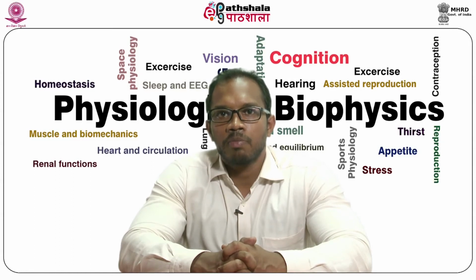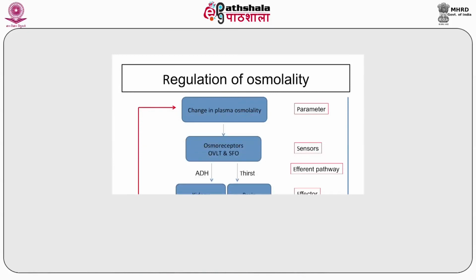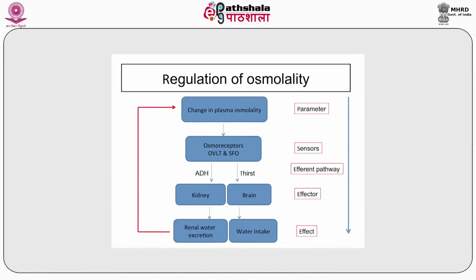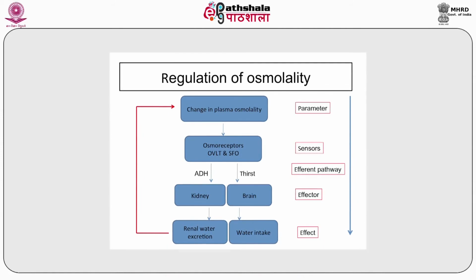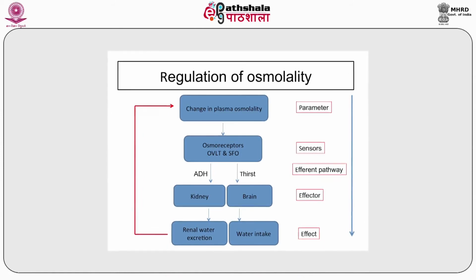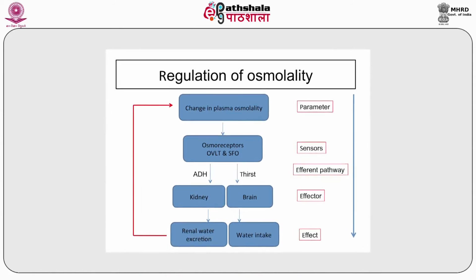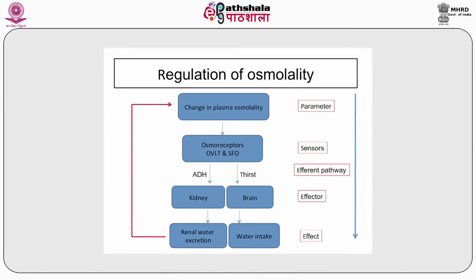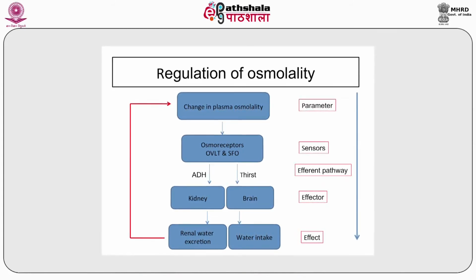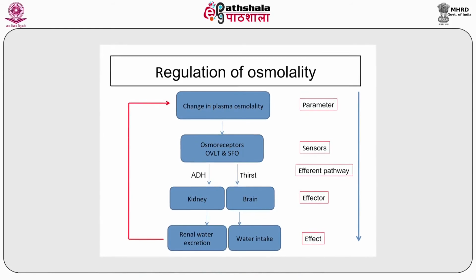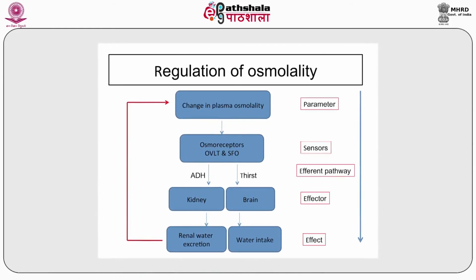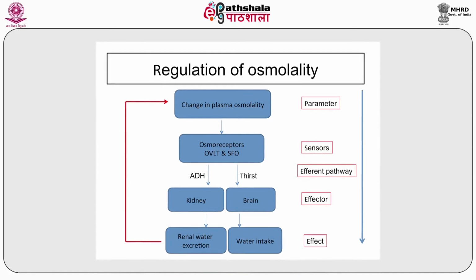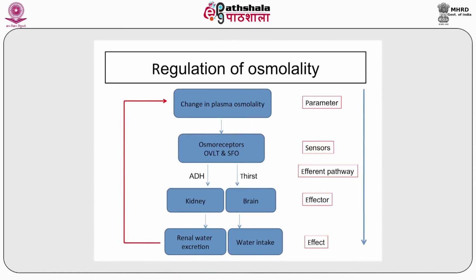Now coming to the second part, plasma osmolality. So basically it is sodium balance and water balance. Body maintains plasma osmolarity in a narrow range, about 280 to 300 milliosmol per kg of H2O. Precise maintenance of body osmolarity is very important because slight change in the osmolarity changes the volume of cell, which causes serious effects, like a 15% change in the plasma osmolarity leads to serious CNS consequences, even death.